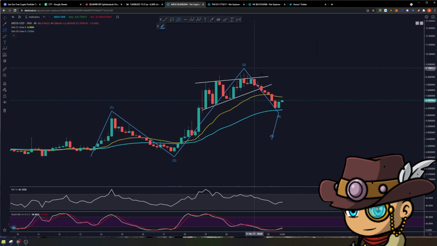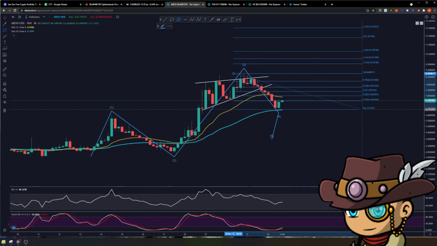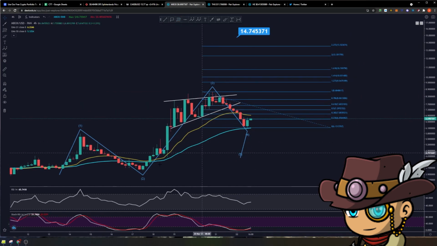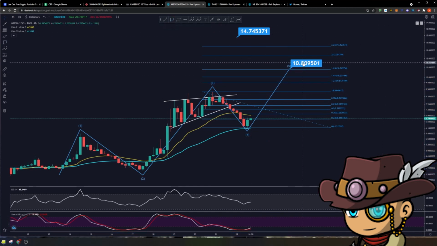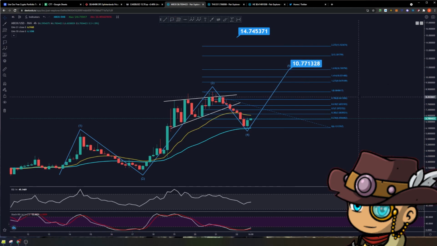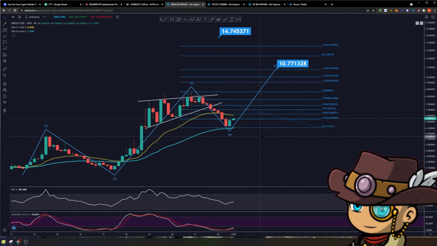This is where we can lay the fibs just to see where we're going to go. So this is your local top right here, and then this is your local bottom. So for this particular structure that is formed, the prudent measure is typically the 1618. So the 1618 would be somewhere around $10.76. Let me put a price there. $10.70-ish. Somewhere around there. So this is going to be our wave 5 target for now, at least in the